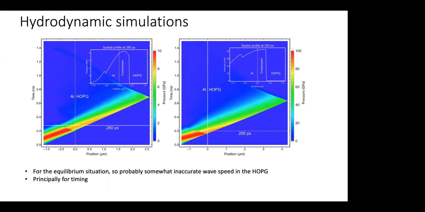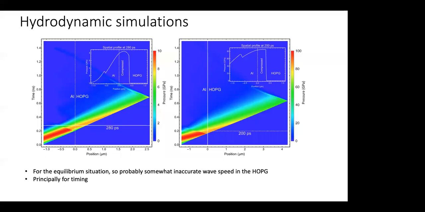Okay, so here are some simulations that we did. These simulations were not so much to tell us what the pressures were. We believe we know what the pressures were from our characterization of the ablator. What these were mainly to do was to tell us what the timing was, mostly the timing of the arrival of the compression wave at the HOPG, so that we could corroborate changes in the HOPG that we saw in the diffraction patterns with when we would have expected to see those changes based on the propagation of the shock